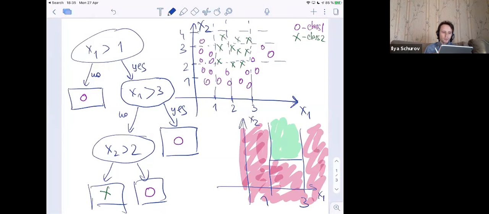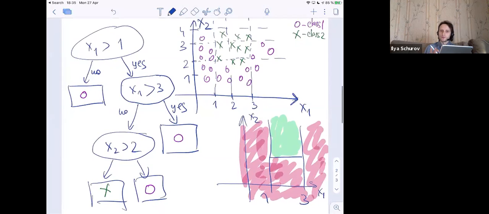Then, okay, so is it clear? Are there any questions about this part? Okay, I believe everybody's seen pictures like this already, right? Okay,